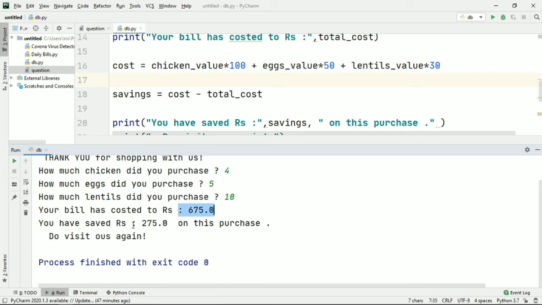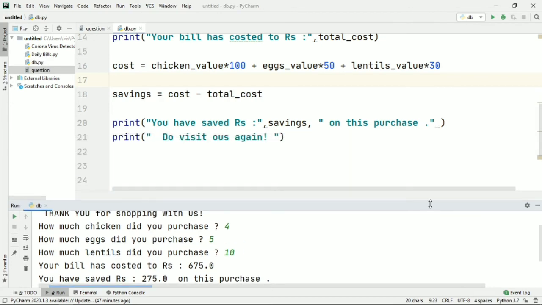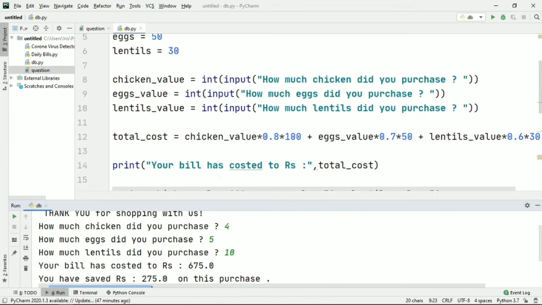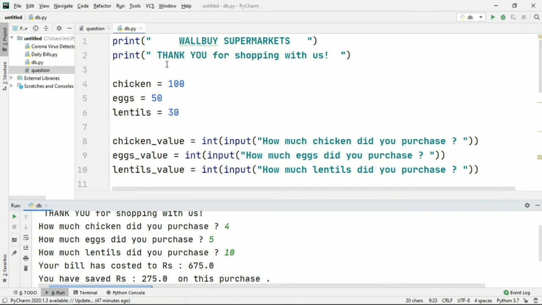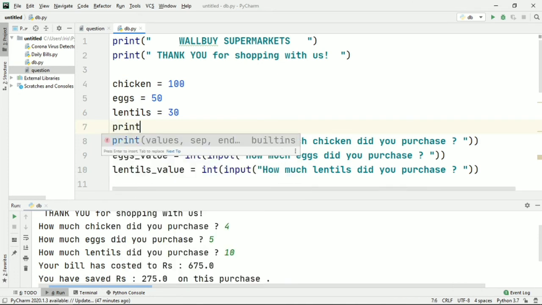We have successfully made a program which works as a bill at different stores. In case you want to improve its visual look, I've got an idea. You could print lines to make a separation between values.